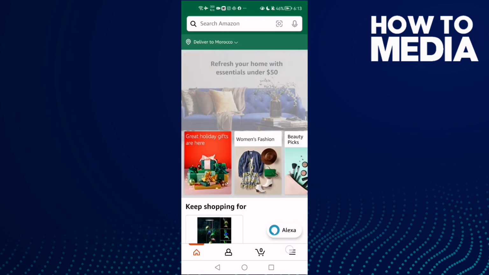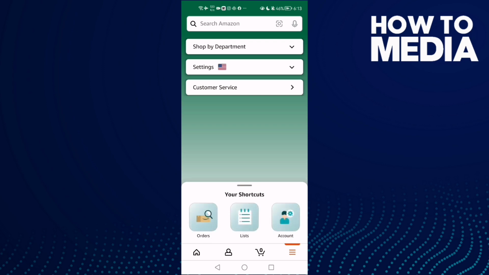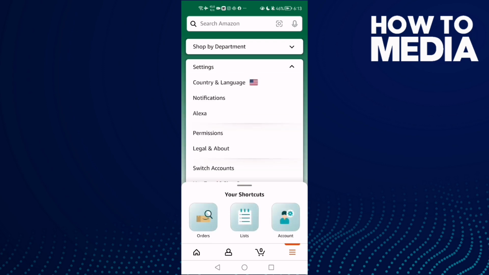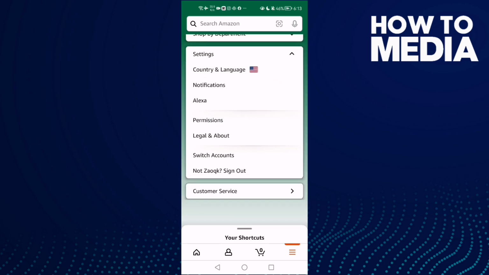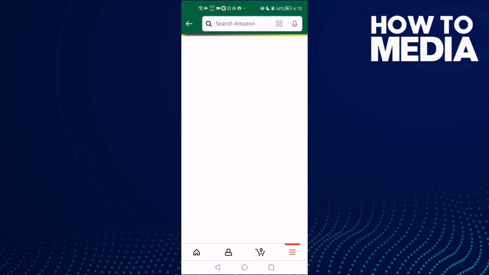And now click these three lines here, and then click Settings. And now click this one here. This one here, Permissions,